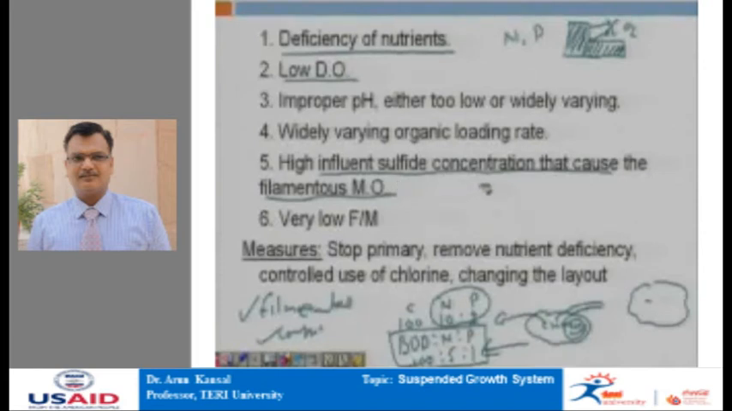Low F/M ratio means less food, more microorganisms, which means competition for food. For competition of food, those organisms which have more surface area will have preferential growth over those organisms which have less surface area. So these are some of the reasons which happen beyond the control of the plant operator in the system,